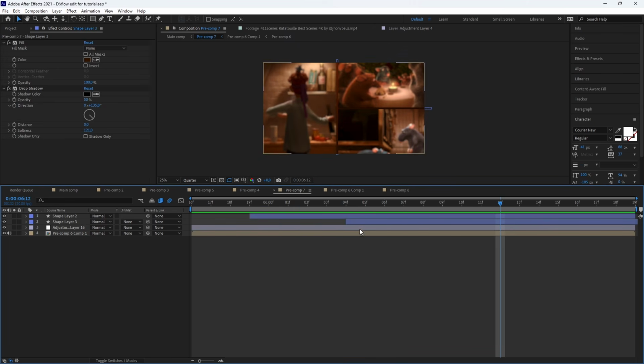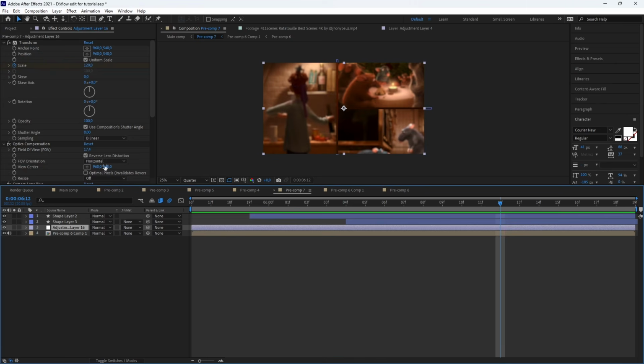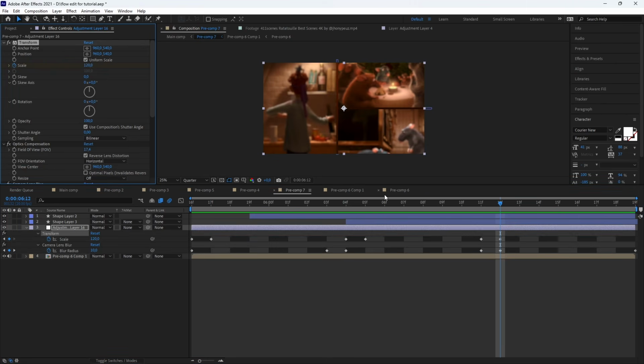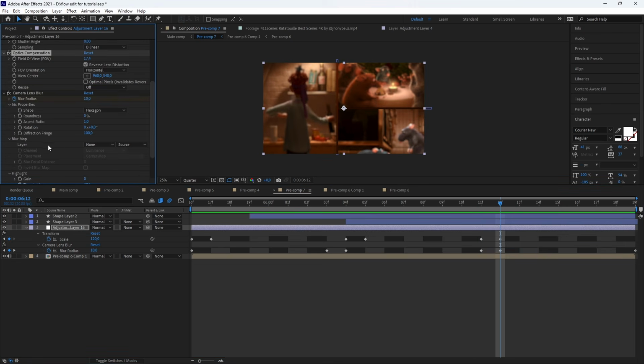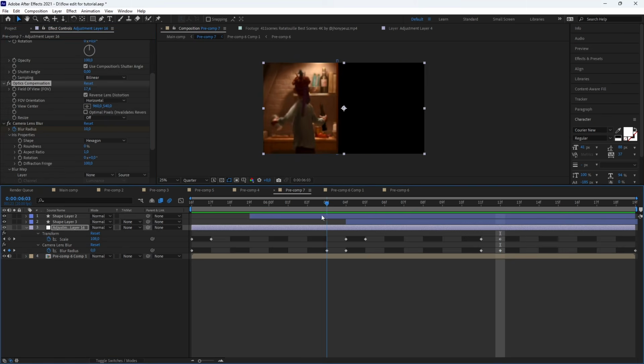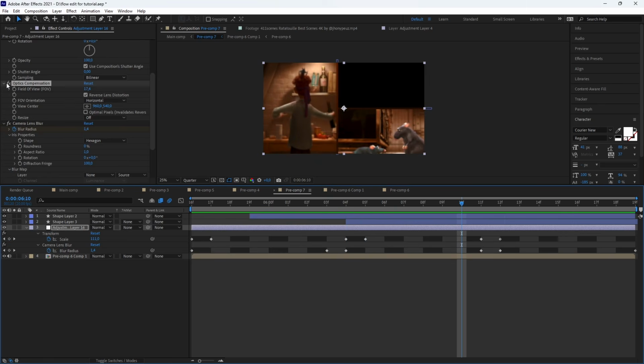So yeah. And for the adjustment layer, I added a transform effect. Why? Because here you can see there's a transform, so it is more motion again. With a nice optics compensation effect, so it's curved.